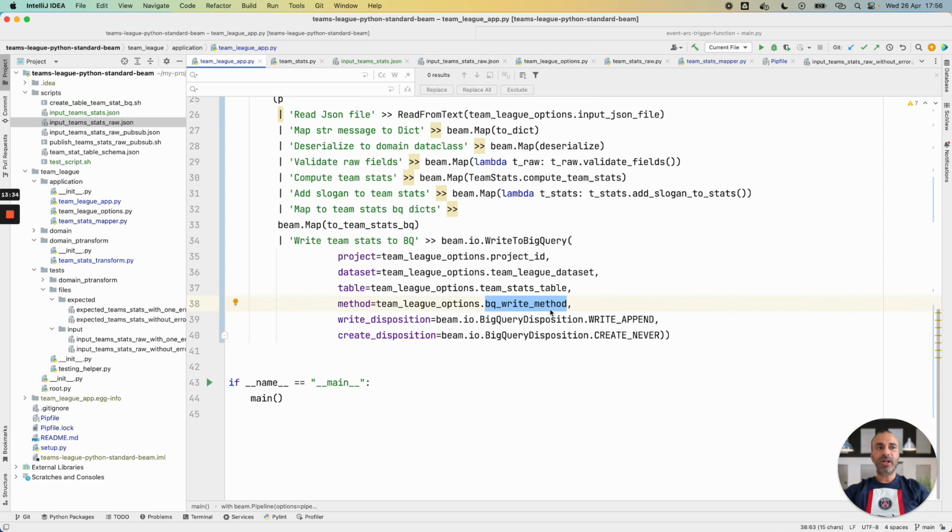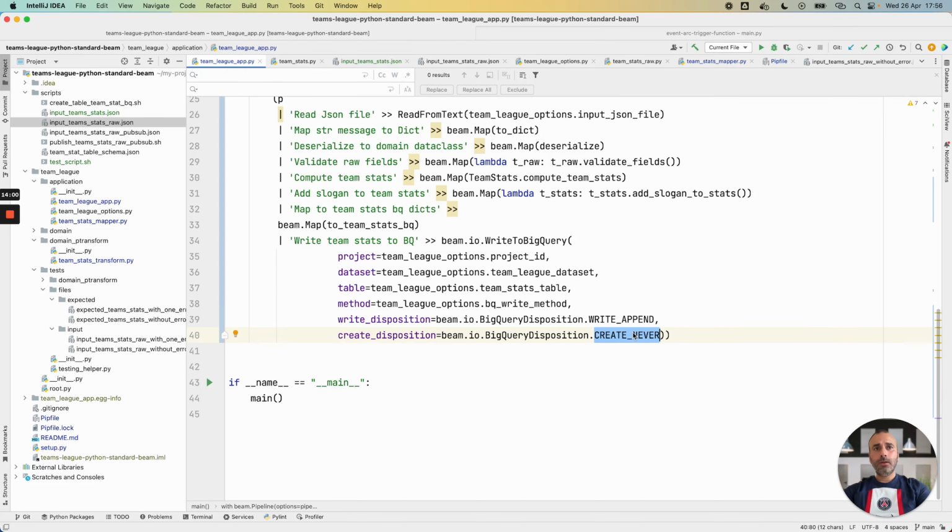And the method is passed as a program argument and is the file load method. Also, I use this option with BigQuery in order to append my PCollection in my BigQuery table. I didn't use write truncate because I don't want to empty my table. I want to append the new data in my table.